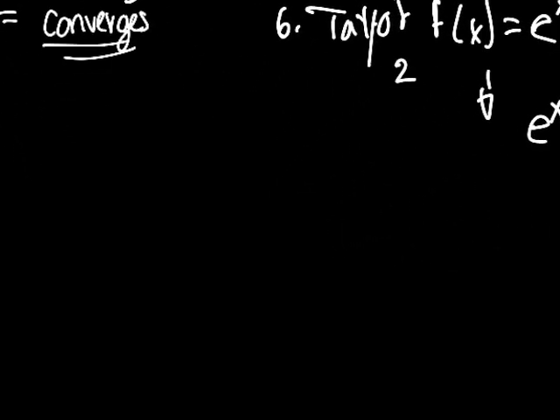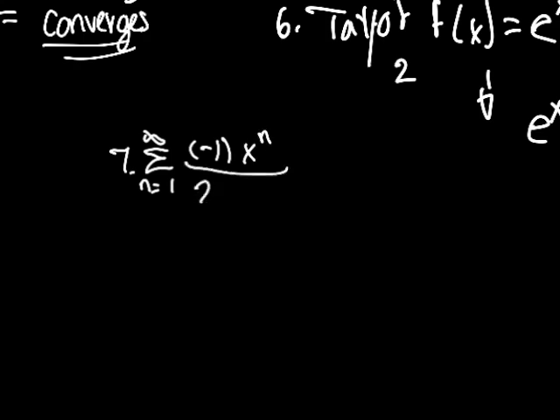Okay. For number 7, it's asking us to find the ratio test. I'm sorry. We use the ratio test here. In this case, it's asking us to find the interval of convergence, if there is one, which we already know there is here. And in order to do that, we have to apply the ratio test. And we know that the ratio test